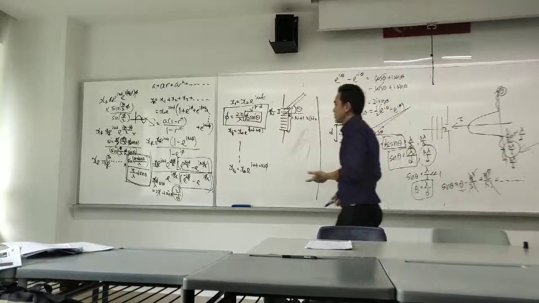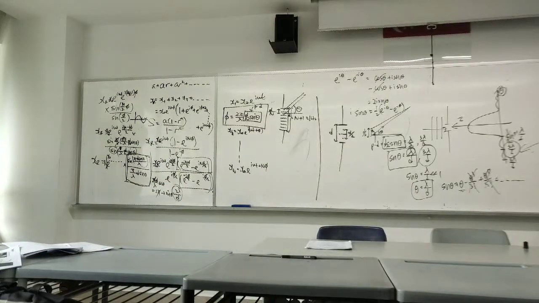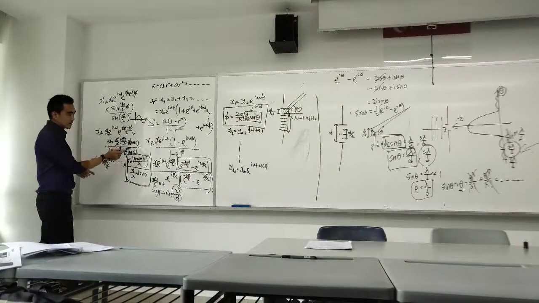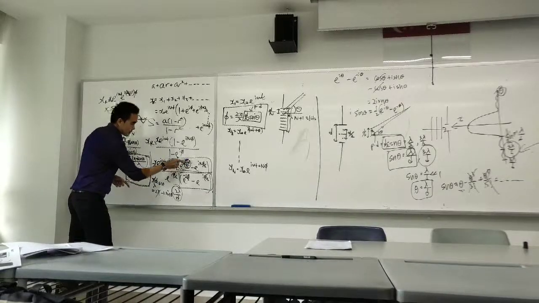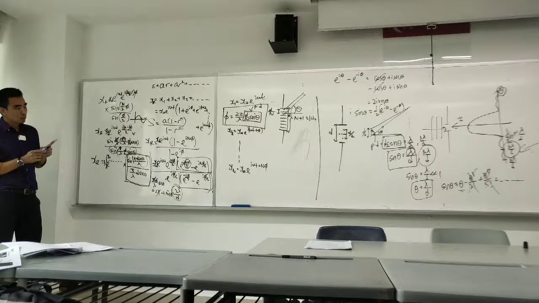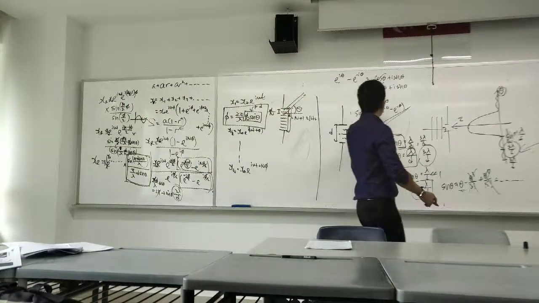But the i will go off anyway because the top and bottom we do the same thing. The 2 i's will cancel. So this one will become sine of this thing over here. In fact, this one is actually equal to 2i sine of